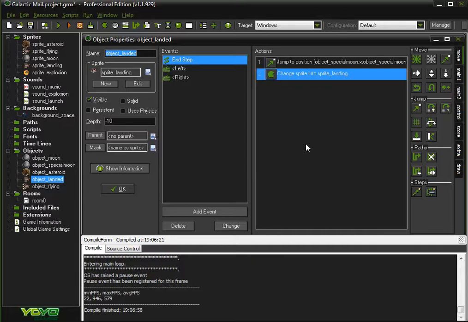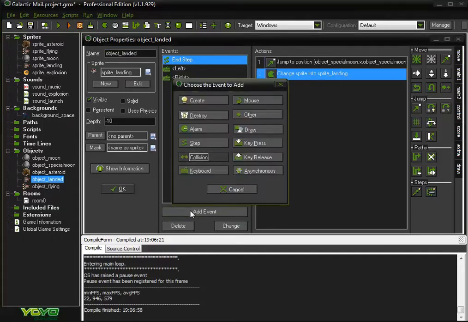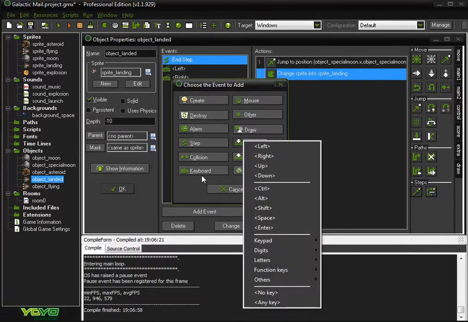And what we're going to do, we're going to add in our space. So when we click space, we change to the flying one, and also the moon that we're on disappears, because we go on to the new one, we don't want to just replace it with special moons all the time. Plus, the special moon has that extra special element that our rocket is going to jump on it when it's on the landed one, and we don't want to have multiple special moons floating around. So, add event, and this one will be key press. It's not where you just press the keyboard button, where you slam it down, because if we had keyboard, it would just do it again and again and again. This way you just press it, so space,